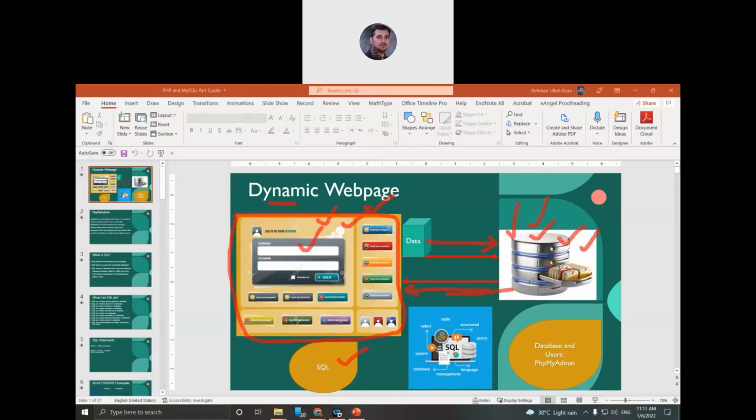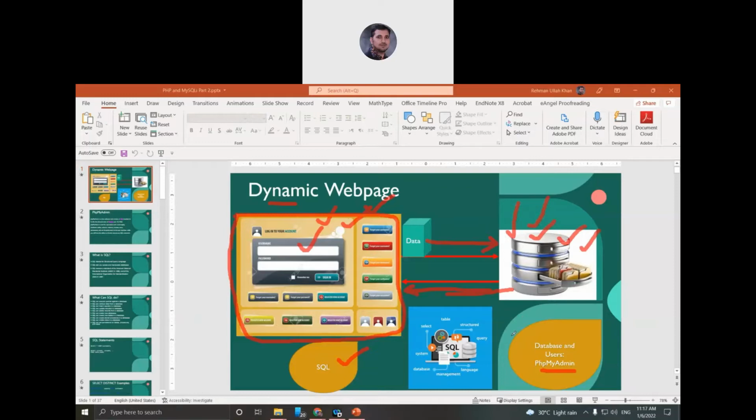But there are different ways to use it. Some people use the command line, which is a bit challenging and difficult, because you need to remember all the commands. There is another easy way, a graphical user interface to the database management system. In our case, we will use phpMyAdmin.